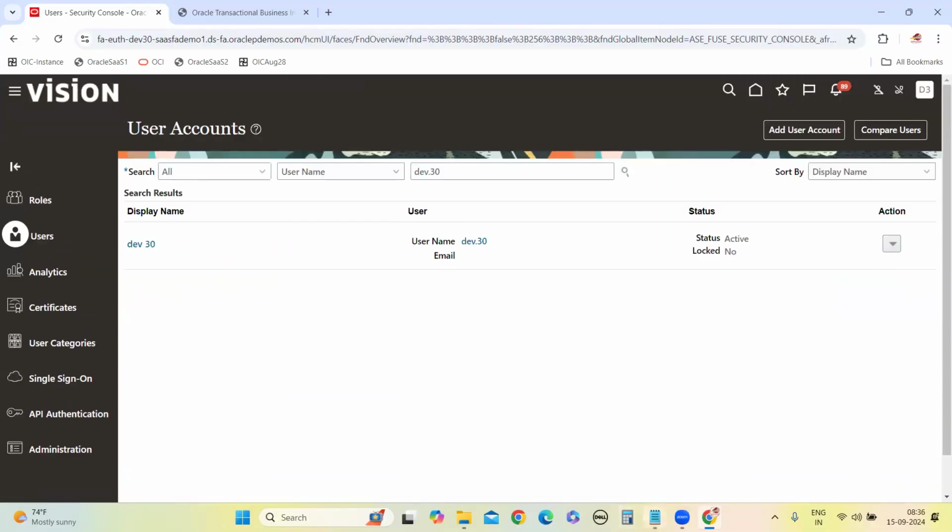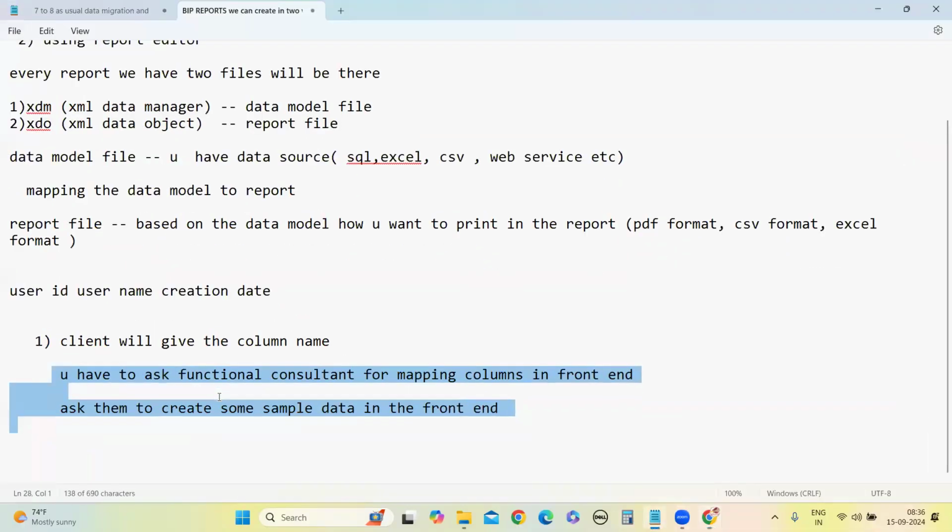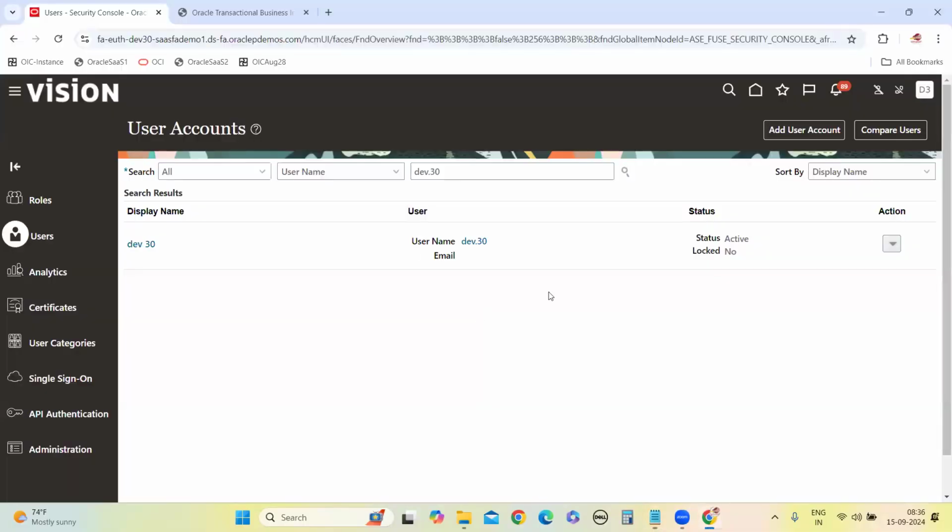Why do we have to create the report? These kinds of questions will come in the interview. Whatever requirement you are told, that is already there in the front end, right? Why do we have to create the report? So this question will be raised in the interview. Then what is the answer you can tell? The answer you can tell is, guys,